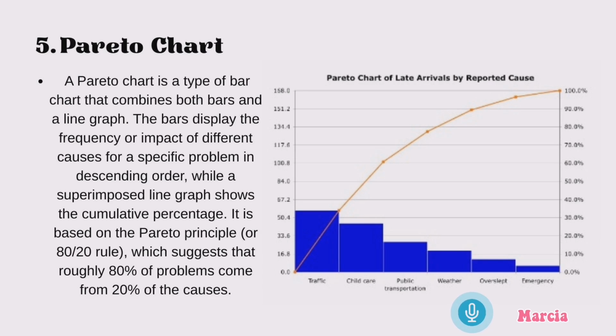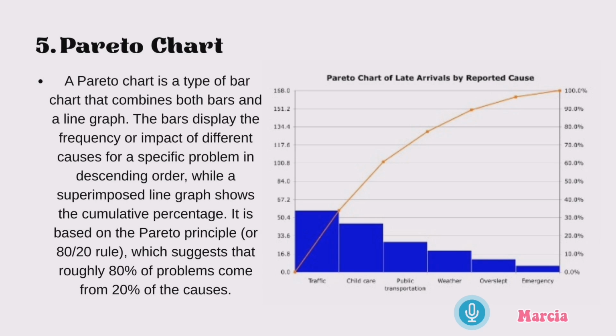Last is the Pareto chart. A Pareto chart is a type of bar chart that combines both bars and a line graph. The bars display the frequency or impact of different causes for a specific problem in descending order, while a superimposed line graph shows the cumulative percentage. It is based on the Pareto principle or 80-20 rule, which suggests that roughly 80% of problems come from 20%